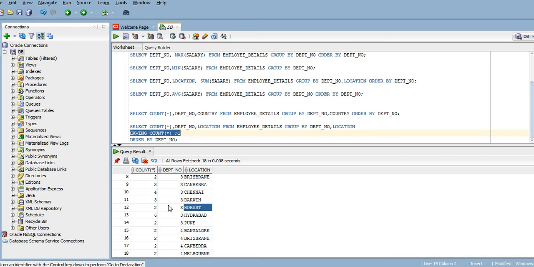After checking the data we are again adding one filter condition, and after filtering we are retrieving only the specific data where the count of employees is more than one. So in this way we can use the aggregate functions, or perform different kinds of mathematical operations in the Oracle database using all these mentioned aggregate functions.